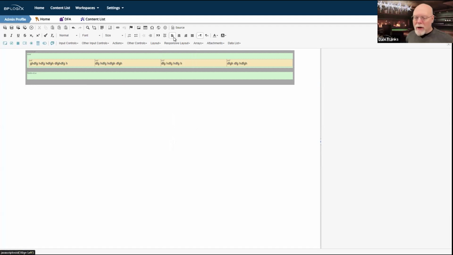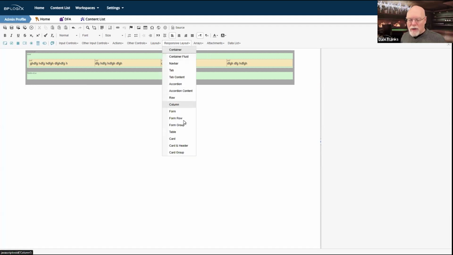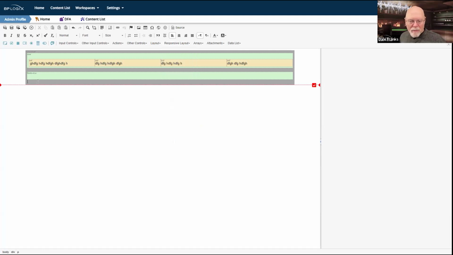Now, normally what I would have done is just run up here and chosen form group, but note my cursor automatically came down to this next vertical break here on the page to allow me to put in another row, which, by the way, I could. My cursor is inside the container control. So the thing that I would want to insert here would be either another row control if I had text, or another form row if I had form controls that I wanted to place in here.